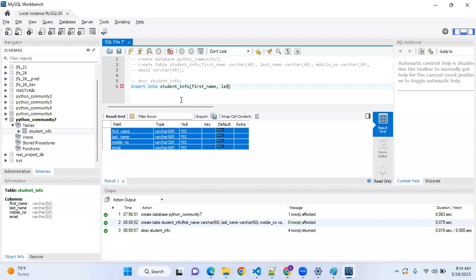First name, comma, last name, comma, mobile number, comma, email ID. Okay, space, values of. Now for first name I want to give my name, for example. Last name, I want to give my last name. Mobile number, I want to give mine itself. Okay, mail ID.